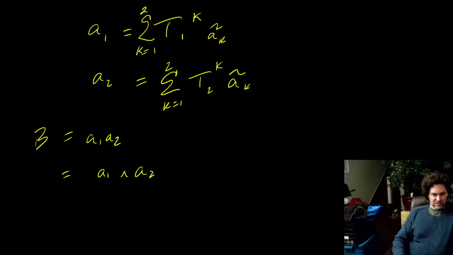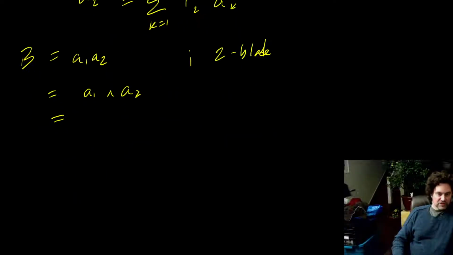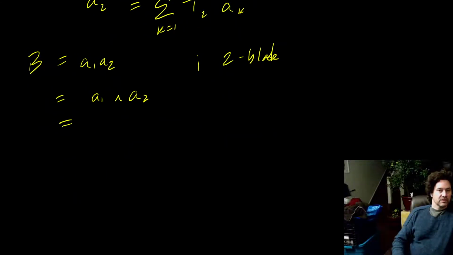Because B is a two-blade, all of the dot product terms between the vectors A1, A2 are 0, and this is a valid transformation to make. Once we make that transformation, now we can plug in our linear transformation, and we get